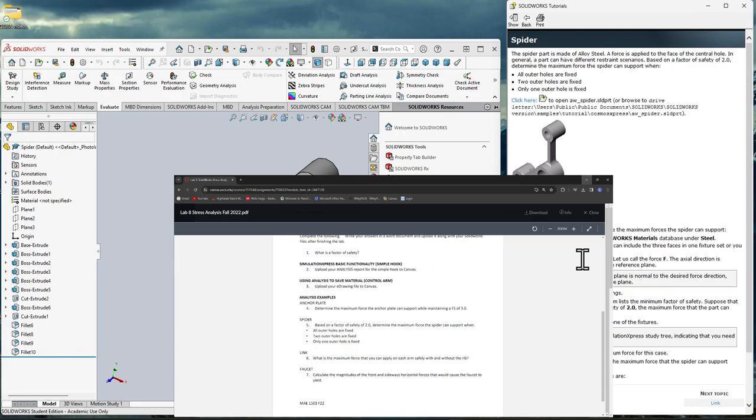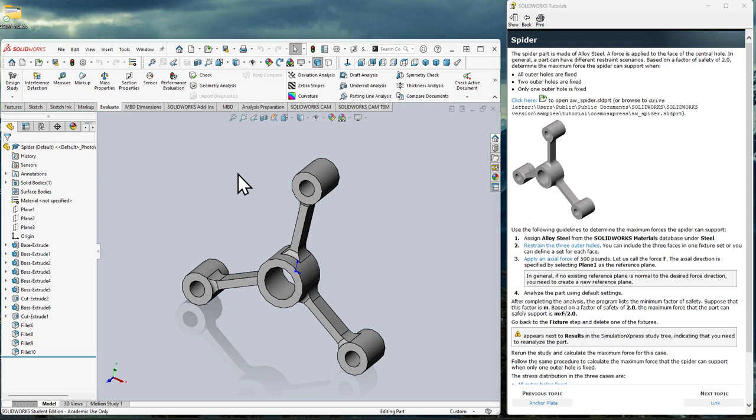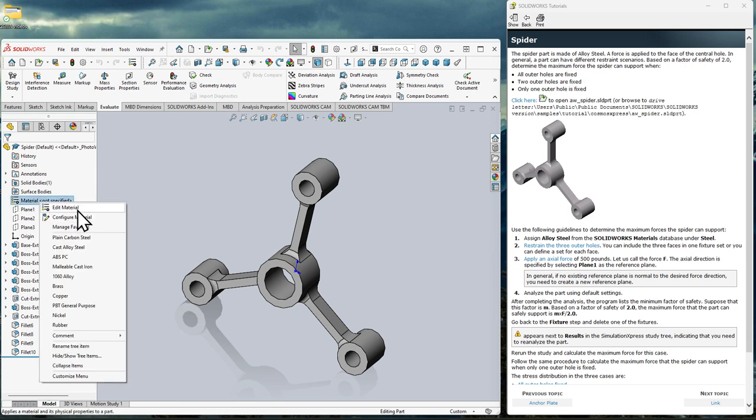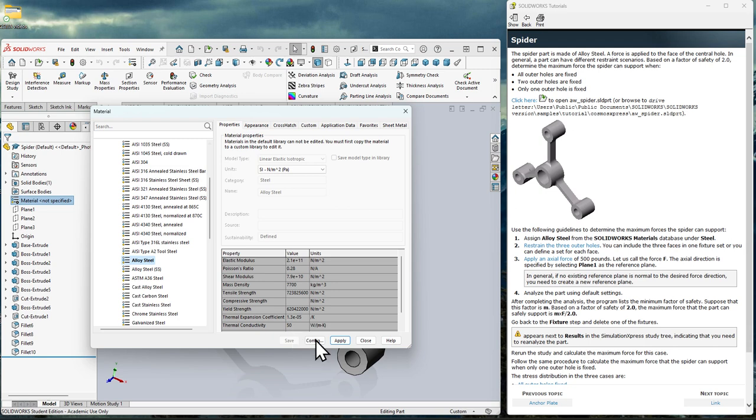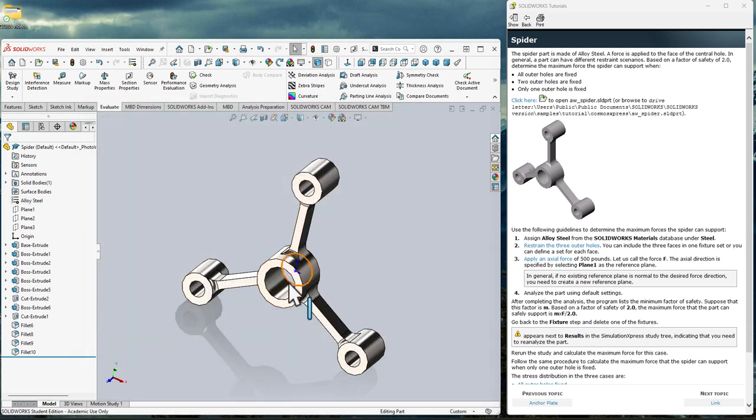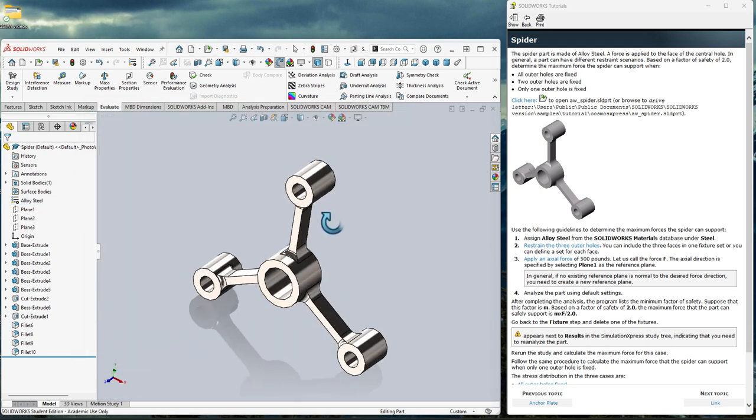All right. So just like before, this one we want to assign an alloy steel. So I'm going to do it the other way on this one. You can actually go to material right here and hit edit material. And I'm just going to pick the alloy steel that is in SolidWorks, hit apply and close. And now it is made out of alloy steel, and it's so pretty. So then we're going to start with the 3 holes. So I want to go to my